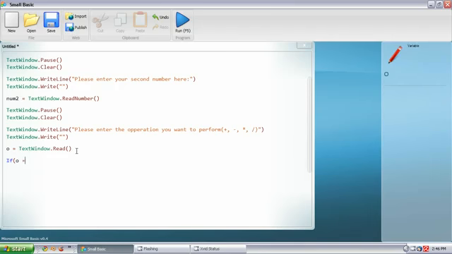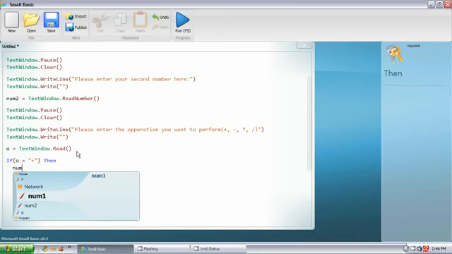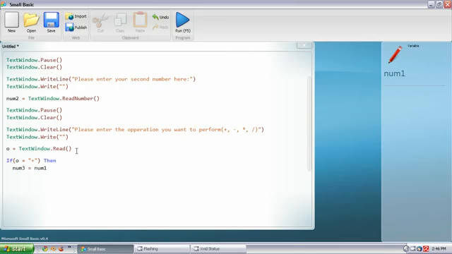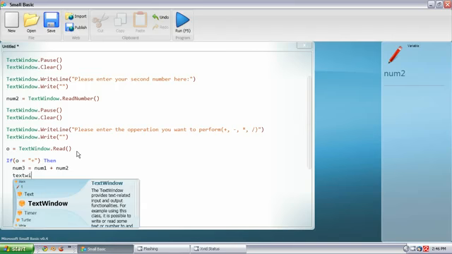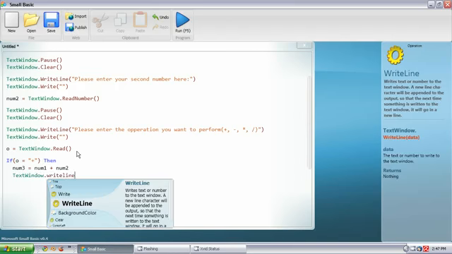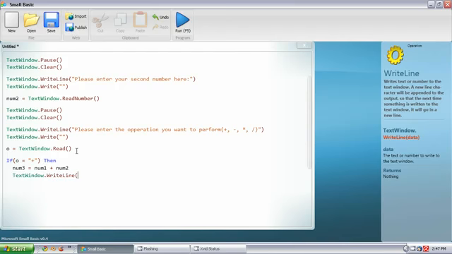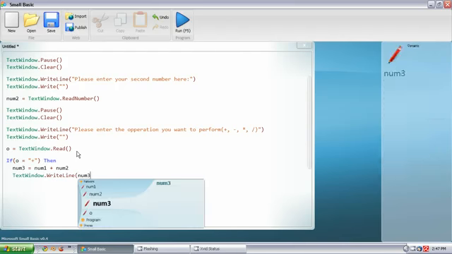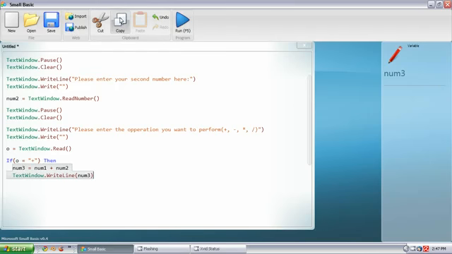If O equals, in quotes, plus, close the quotes, and close the parentheses, then we're going to do num3 equals num1 plus num2. And then we're going to do TextWindow.WriteLine, and inside that WriteLine we're going to do num3. Close that, and then we can put in, well, first off we can highlight all this right here, and we can just do copy, and then put ElseIf